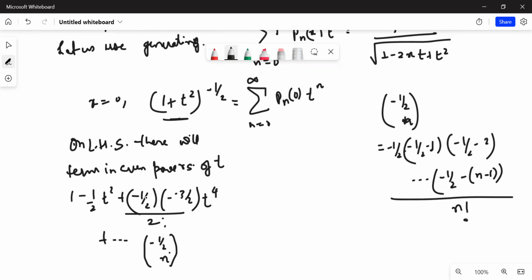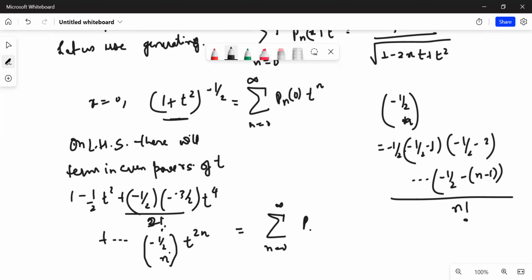मतलब जैसे तुम देख रहे हो यहाँ पर क्या है, -1/2 माइनस वन डिवाइडेड बाई 2 फैक्टोरियल। तो अगर यहाँ n है तो यहाँ डिवाइड n फैक्टोरियल से होगा, लेकिन ये लास्ट वाला जो टर्म है वहाँ पे -1/2 माइनस n माइनस वन आएगा। इज दैट क्लियर? हाँ जी सर। ठीक है।